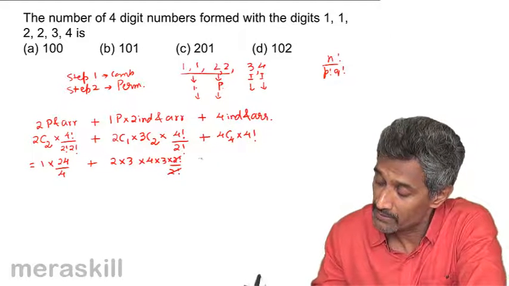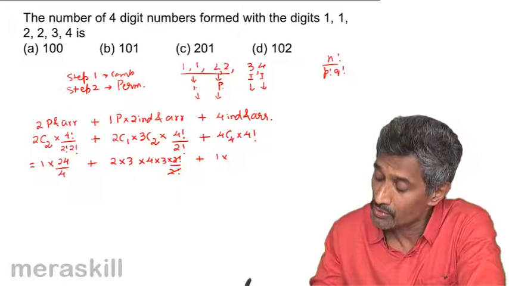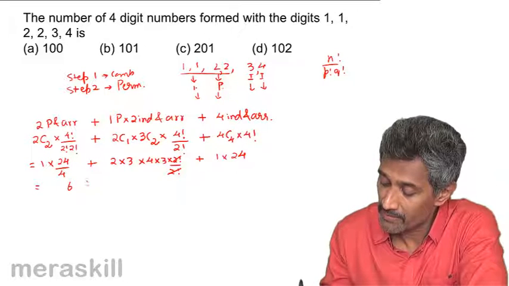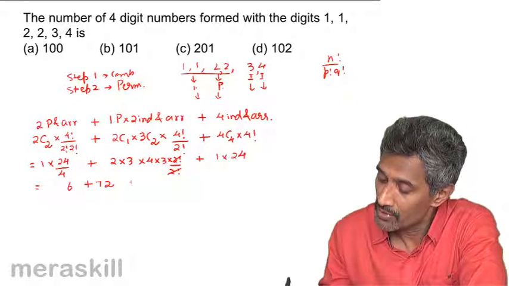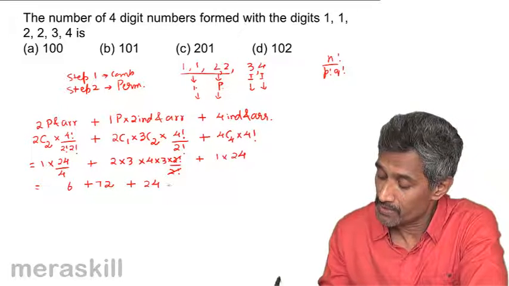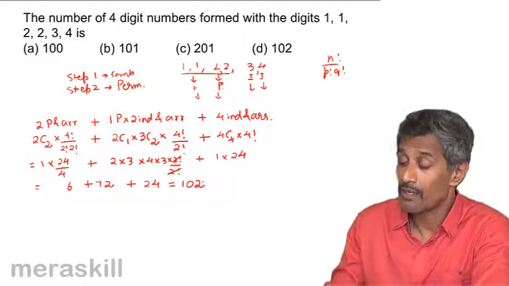This gets cancelled. Plus 4C4 is just 1 into 24. So this will turn out to be 6 plus 12 into 6, 72, plus 24. So that is turning out to be 72 plus 24, that is 96 plus 6, 102 ways we can form